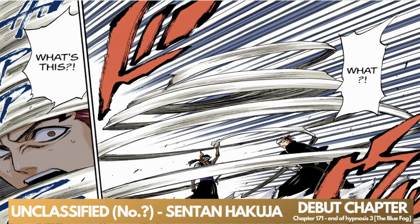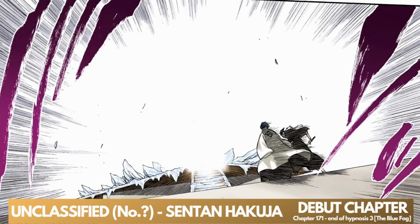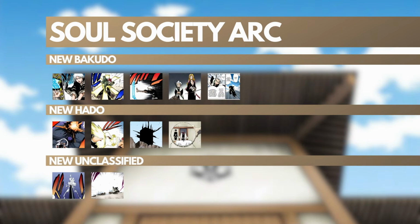Meanwhile, Sentan Hakuja is an interesting Kido in that it's never seen again in the source material, I don't think, but it seems very useful for movement. The targets are surrounded by a long white cloth which coils around them before constricting and teleporting them to another location. When we get to the Rankar arc, we see another traversal spell, which is Kei Kaigi, which enables Kisuke